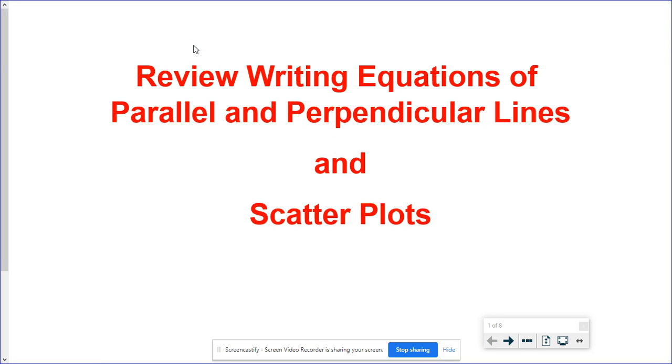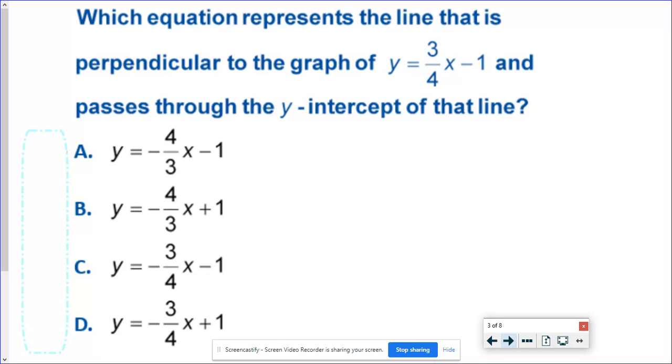Hello again, algebra students. Today we're going to review some of the stuff that we did last week with parallel and perpendicular lines, just a quick review. And we're going to talk about scatter plots, which I think that you already have a basic understanding of. We just want to make sure that everyone is kind of on the same page as we're beginning this new part of the unit. So if I give you a problem like this, it says which equation represents the line